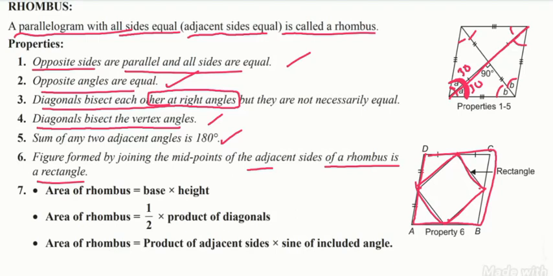You can remember like this: rhombus for rectangle, rectangle for rhombus. Next, area formula. Area, same formula as we have for parallelogram: half into a product of the diagonals is the extra formula we are getting here, and the remaining are the same. Area of the rhombus is equal to base into height. That is equal to half into product of the diagonals. And one more formula we have that was already discussed: product of any two adjacent sides into sine of the angle. Okay, these three formulas we can use for finding area of the rhombus.